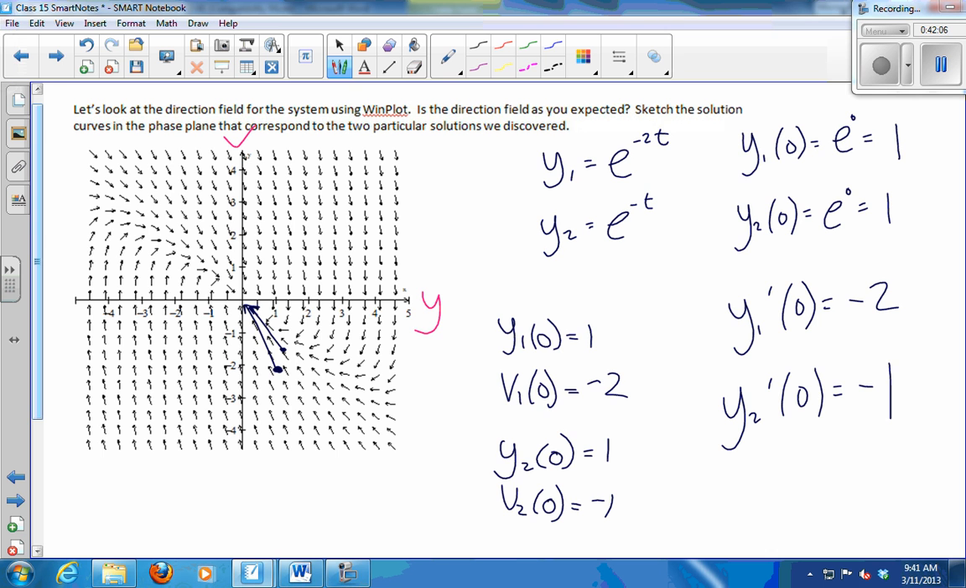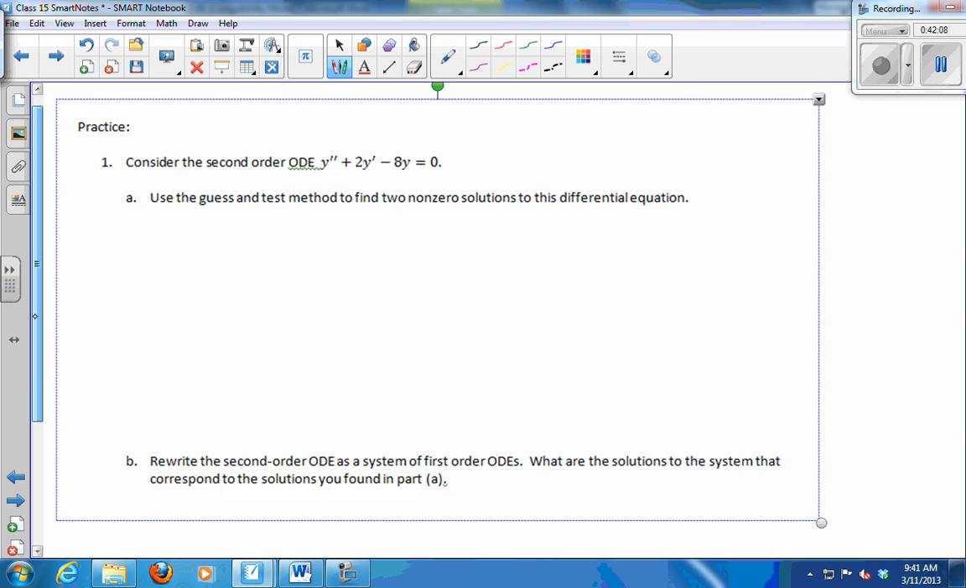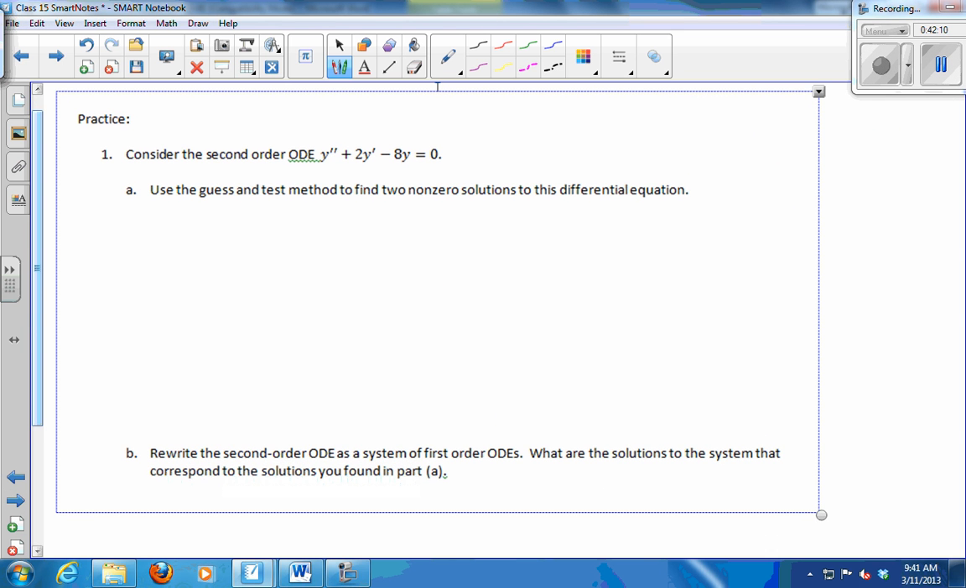All right, so I have a little practice for you guys. Now, keep in mind that the signs are a little bit different, so this is not necessarily the damped harmonic oscillator. It's just an equation that has a similar form. Okay, so